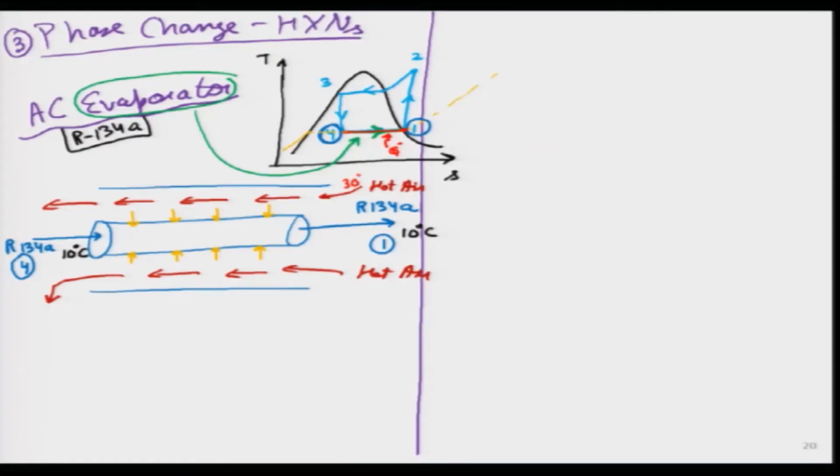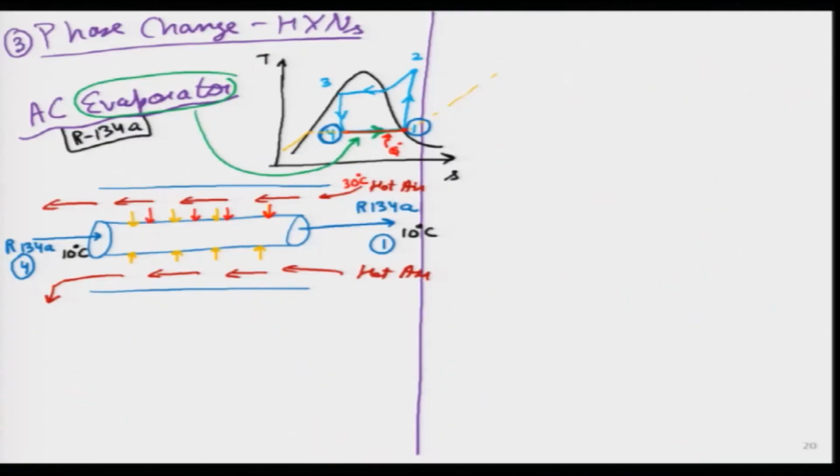And the hot air which is entering, I will write in red color over here, maybe hot air entered at 30 degrees centigrade. Now, because of these red arrows, hot air is actually giving its heat away to R134A, which is absorbing that heat and evaporating itself. That is how R134A is able to raise its own internal energy. So, air temperature has to decrease at this red dot. Air temperature cannot remain 30 degrees. So, let us put some number over there, maybe it has come down to 15 degrees.